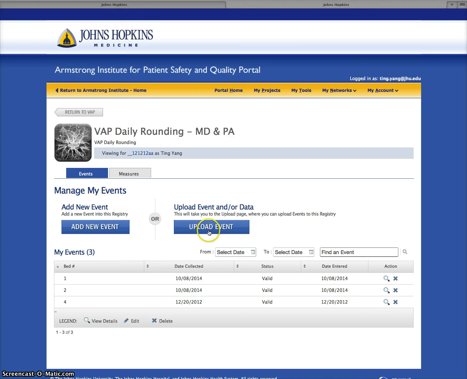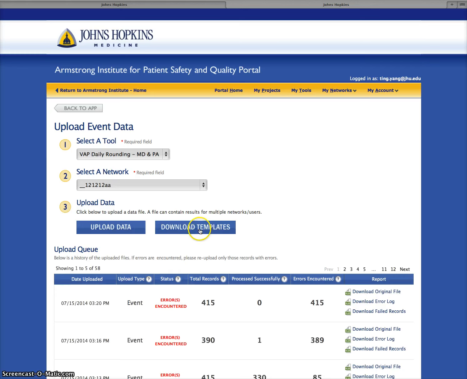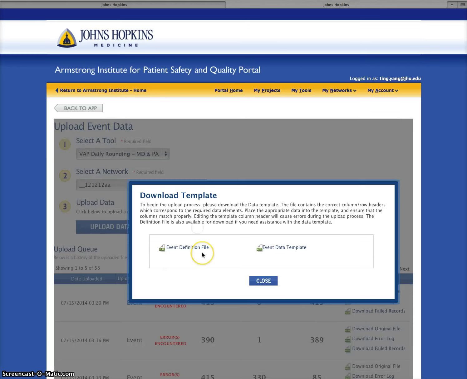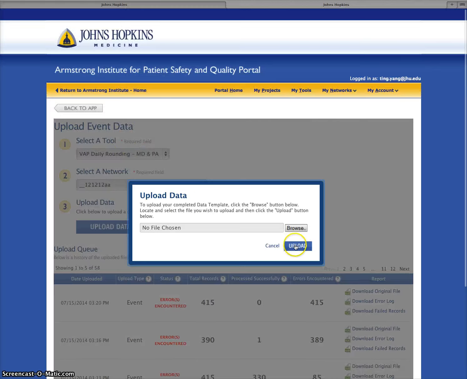Once you become familiar with all the logic rules that we just showed you in the data entry platform, you could use the upload event function. To do this, the first thing is to download templates. There are two files for you to download. You could download the data template and enter data into this based on the descriptions in the event definition file. After you're done, save your data and click on Upload Data